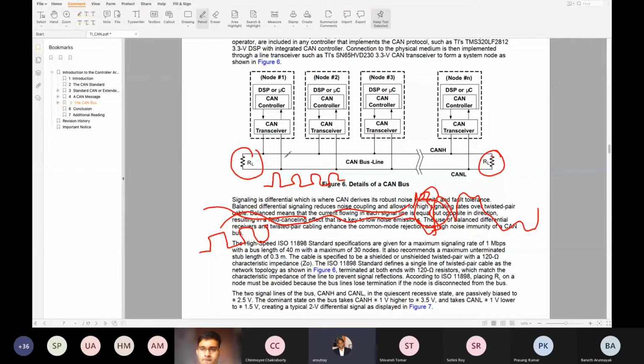So let's see. When you design ECUs, you should have a CAN bus interface. So homework for you guys today. Homework, not assignment. Find out the DSPs and microcontrollers which have a CAN bus controller. Your Arduino Uno doesn't have a CAN bus controller. So find out DSPs or other chips which have a CAN bus controller.